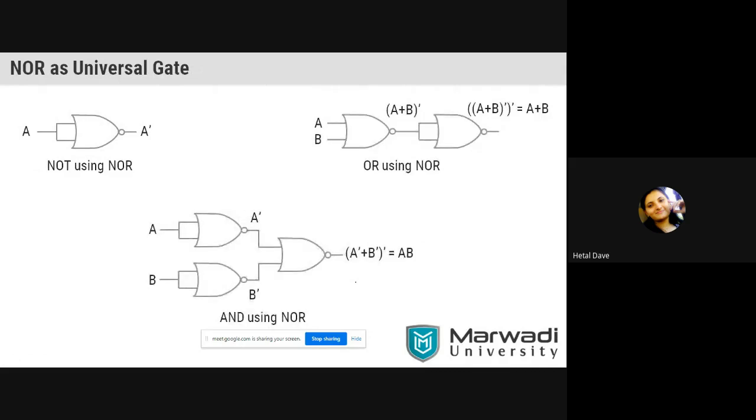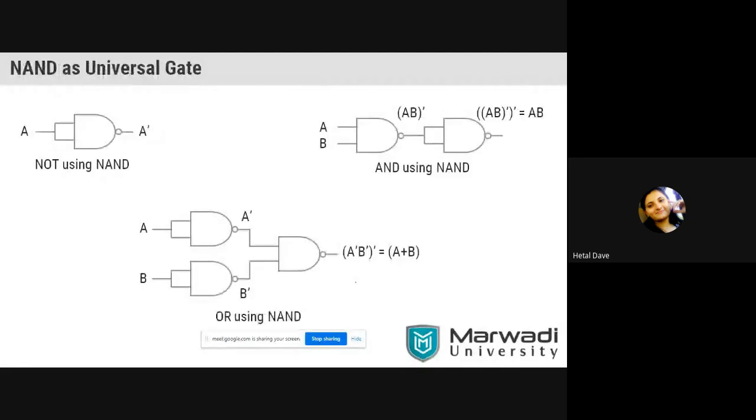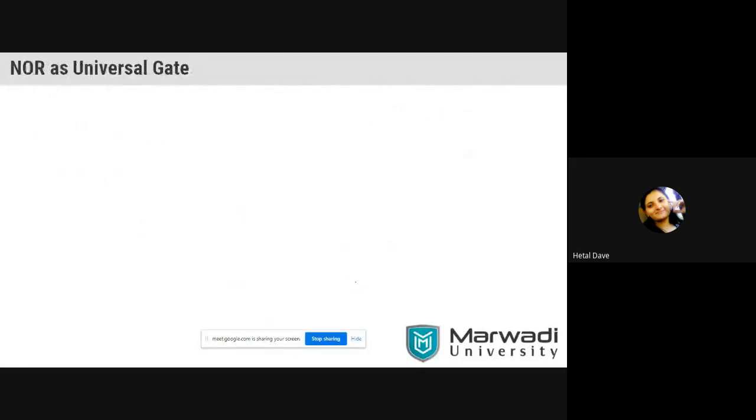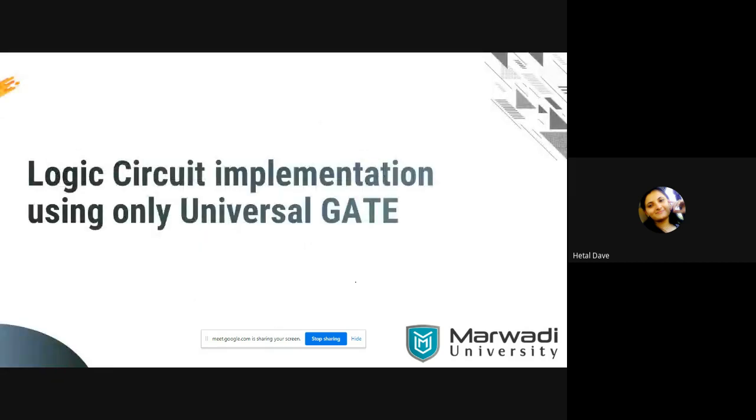So now what is your aim? You need to design a total of 6 circuits: 3 or 4 NAND gate circuits and 3 or 4 NOR gate circuits using ICs. I am going to provide you the IC of the NAND gate and NOR gate. You know how to make the connection using this IC, but you need to make the connection as per the given circuit. This is your first agenda.